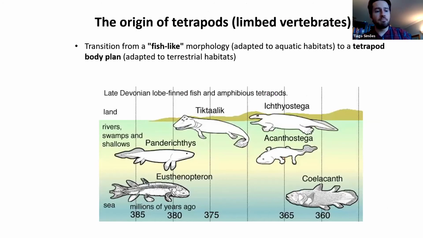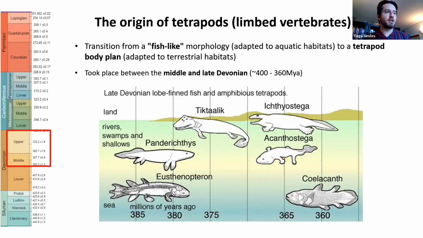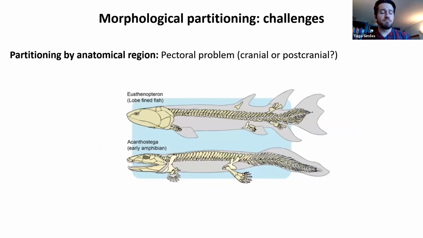More recently, I've been applying those approaches to a different problem, really outside my usual scope of research, which usually focuses on reptiles. Now I'm focusing on early tetrapod evolution, the transition from fish to early tetrapods, which has been the subject of various research papers over the past decades, and which is estimated to have taken place at some point between the Middle and the Late Devonian. Differently from the previous approaches, in which partitioning morphological data by anatomical region is quite straightforward, in some instances like this one it can be quite challenging, by what I call the pectoral girdle problem.